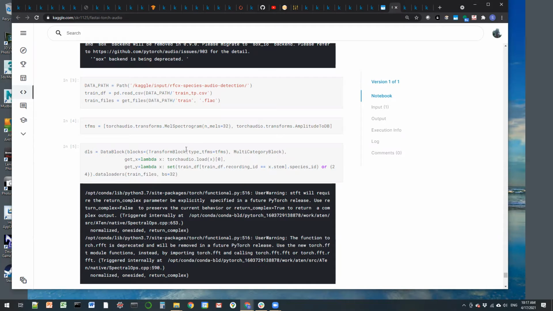create data blocks, which use a transform block, and apply these transforms to the input FLAC files. And because all you want is multi-category, because there are 25 species, saying that it's multi-category automatically in FastAI gets you the relevant loss and sets you up to do multi-category classification. And then it's just a matter of loading get X, which is your input FLAC files, get Y,